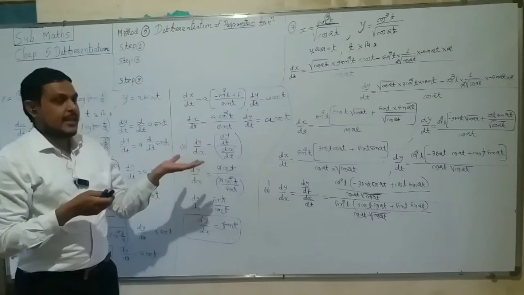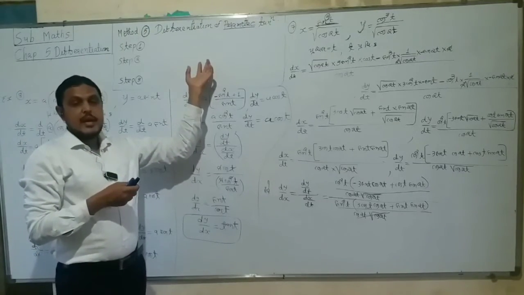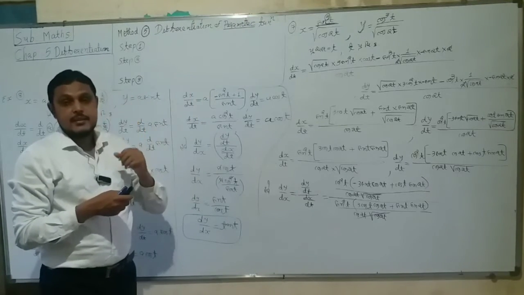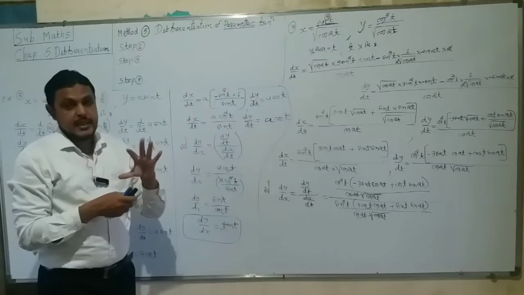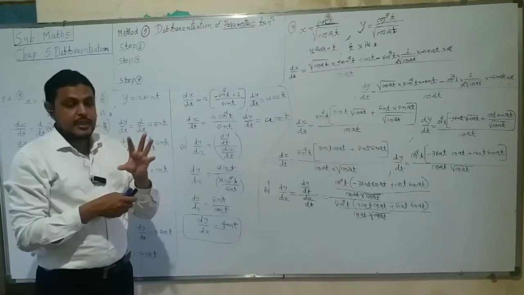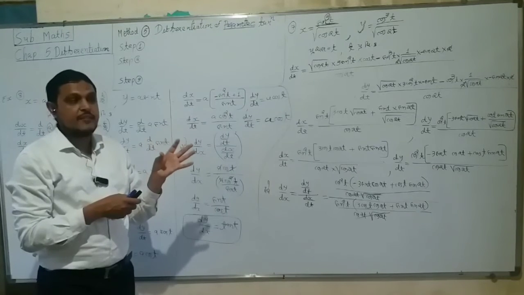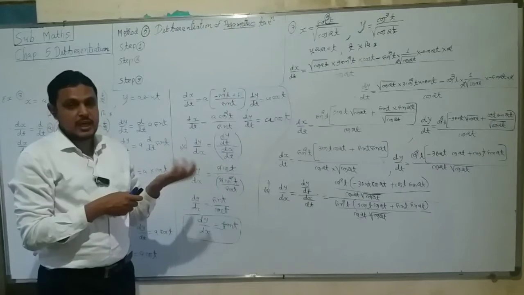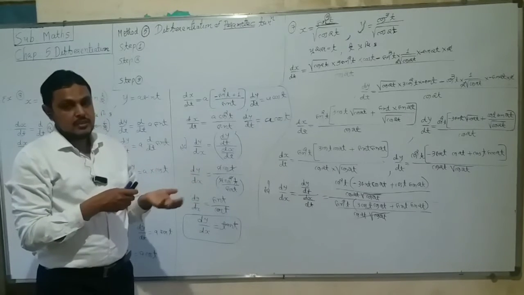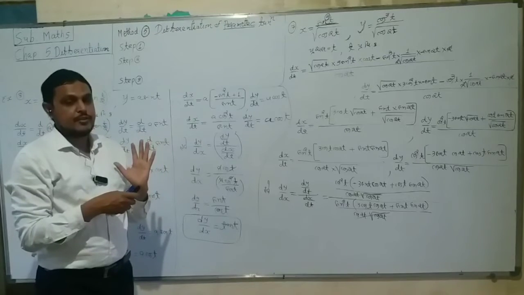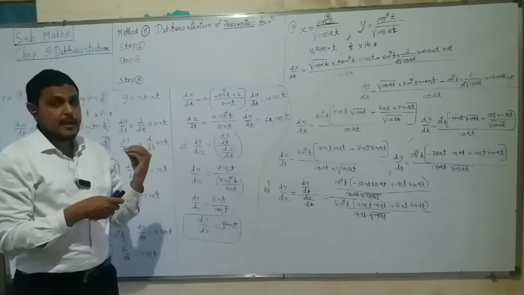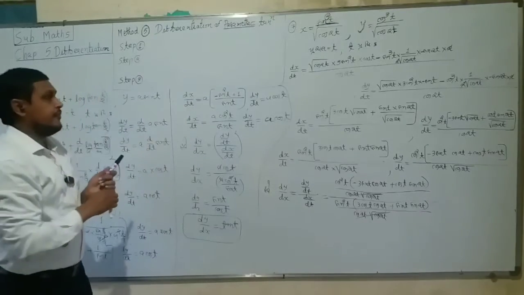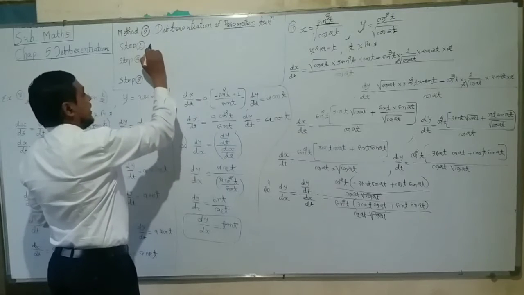So in this exercise, parametric functions x and y are separately given and they are connected. They are associated by using a third variable. x and y both are associated by using a third variable, which is called the parameter. In whole exercise 5.6, parametric equations are given. So first of all, if x and y are separately given,